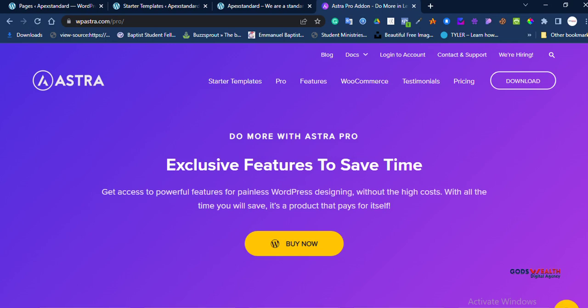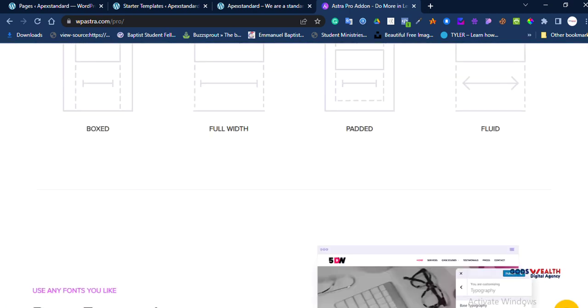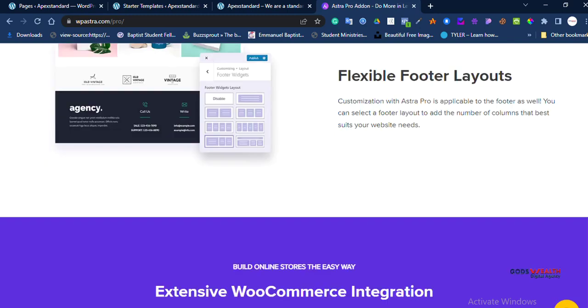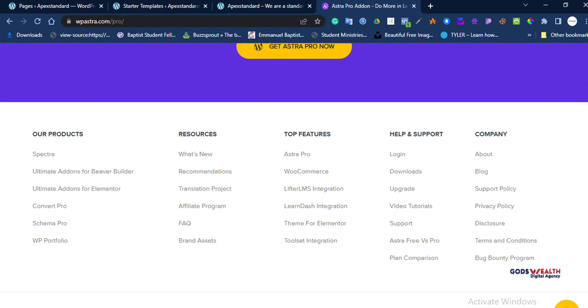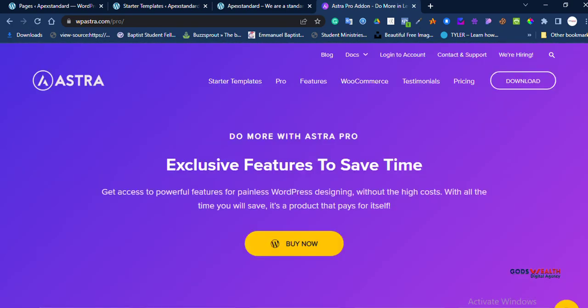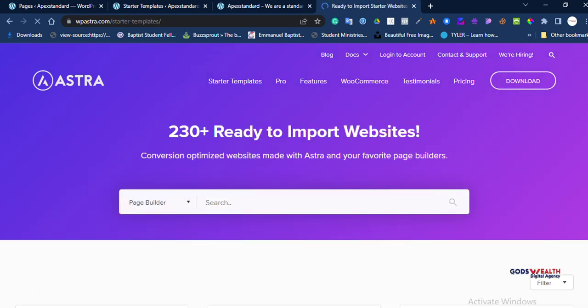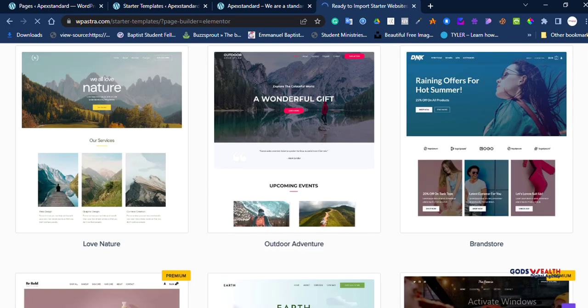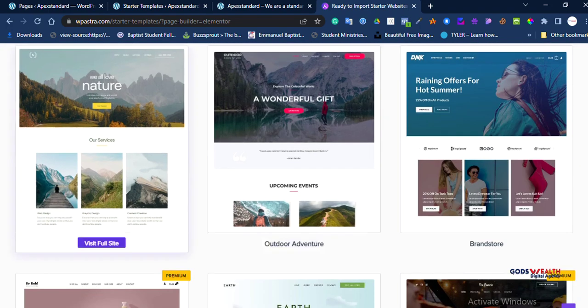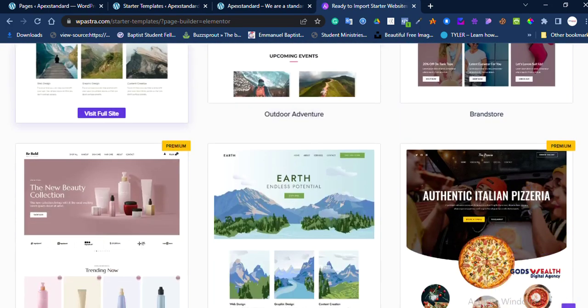So I told you that it's an extension of Astra. This is the starter template, and let's see what Astra Pro is like and how much the Pro is, right? So what I'm going to do is go back to the top, and when you click on this template, you see that all the templates we saw earlier will show up here as well. You see premium, you see these are the ones that we'll see, right? Premium,